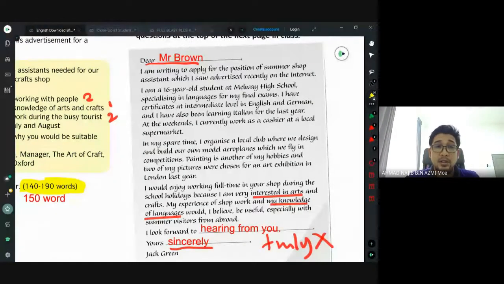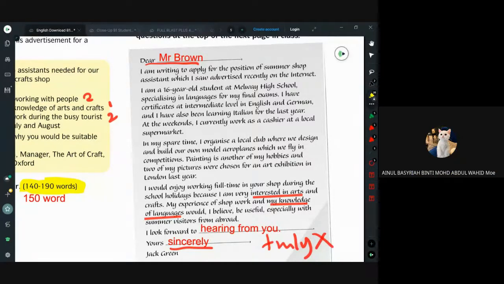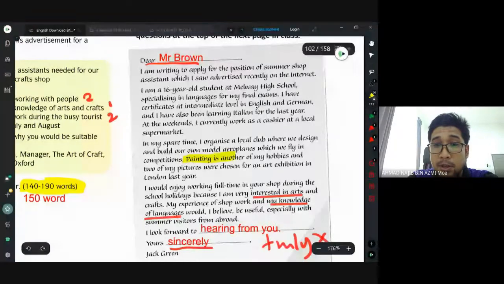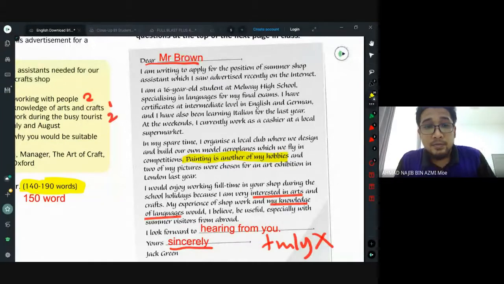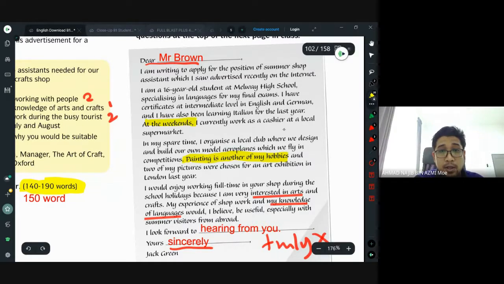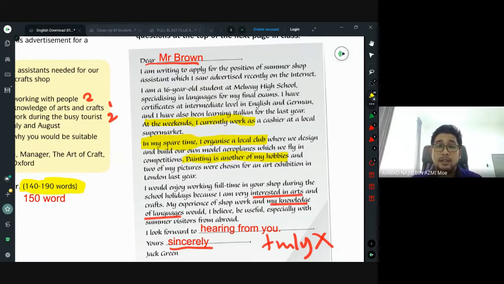Can you see any in the second paragraph? Painting is another of my hobbies. All right, so this is the second, this is the third paragraph, yeah? Second paragraph? At the weekends. Yes, this one. At the weekends, I currently work as. Okay, second paragraph also, this one, in my spare time, I organize a local club. Yada, yada, yada. So, keseluruhan